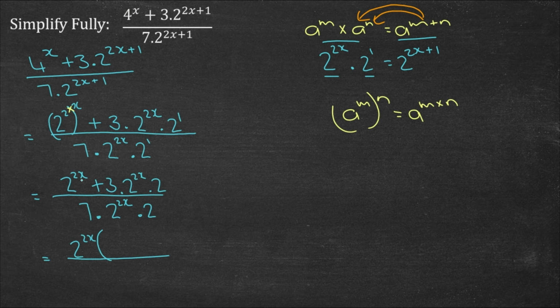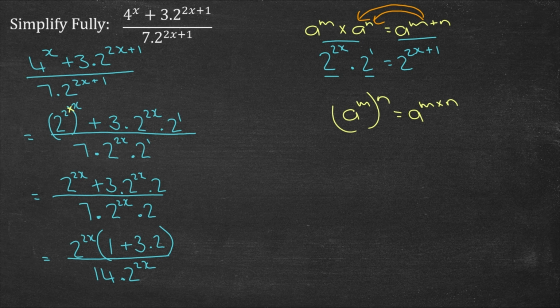Now let's see what is left over. If I take out the 2 to the power of 2x, what is left over here? 1 plus, now let's see, I took out this 2 to the power of 2x, what is left over? 3 times 2, okay? Now let's have a look at the denominator. I can't do anything with this yet. If you want to, you can say 14 times 2 to the power of 2x. Okay, now we only have factors in the numerator and the denominator, no more pluses and minuses. Yes, there is a plus sign in this bracket, but this is part of a factor. Okay, so I'm allowed to cancel.